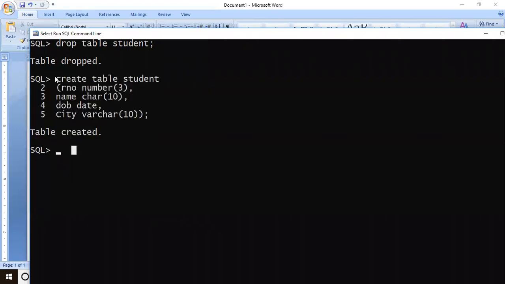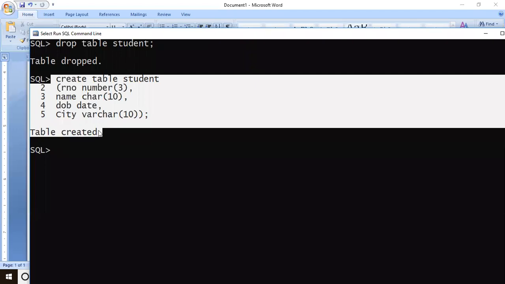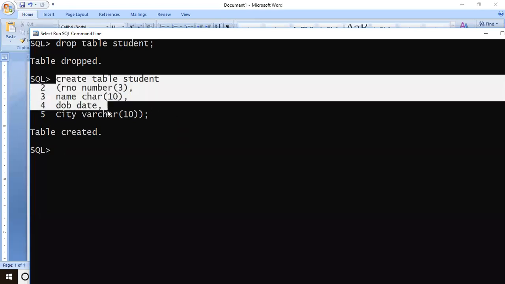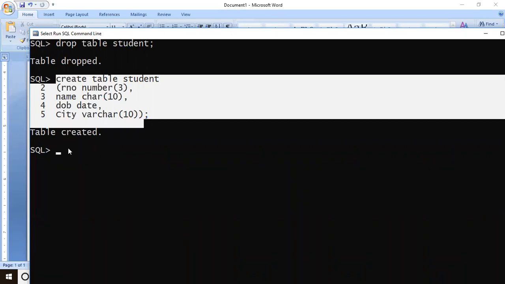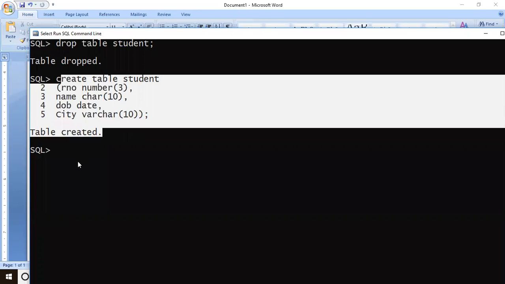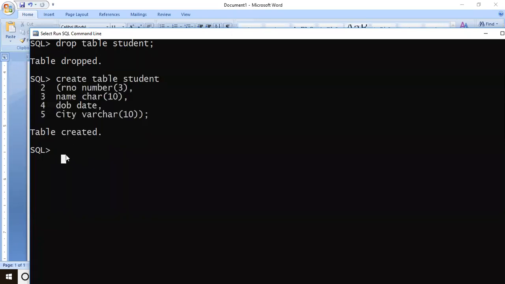Fine. So all these structure related commands are part of DDL. And when you actually start putting data inside that, that is part of the DML command, data manipulation language. In theory, we studied that structure is less frequently modified and data is frequently modified. The difference we had seen, right? Anyway, here we have created the table structure. If we want to see the table structure of the table we just created, there is a command called describe.